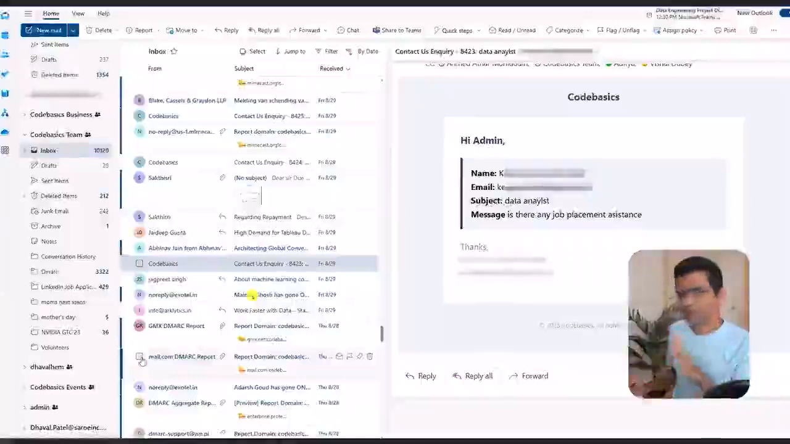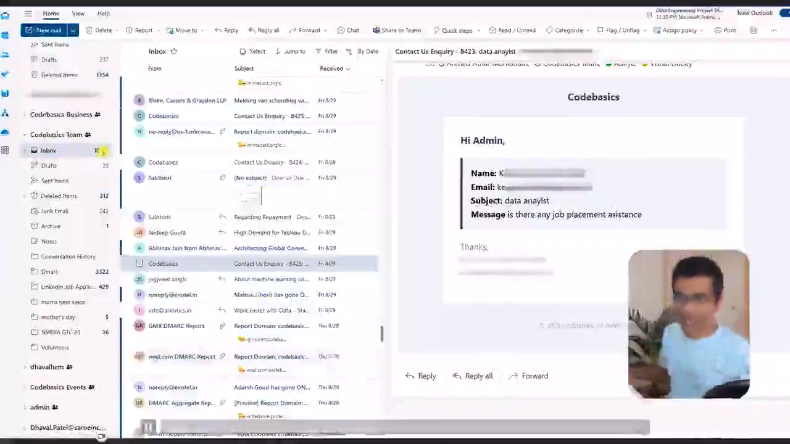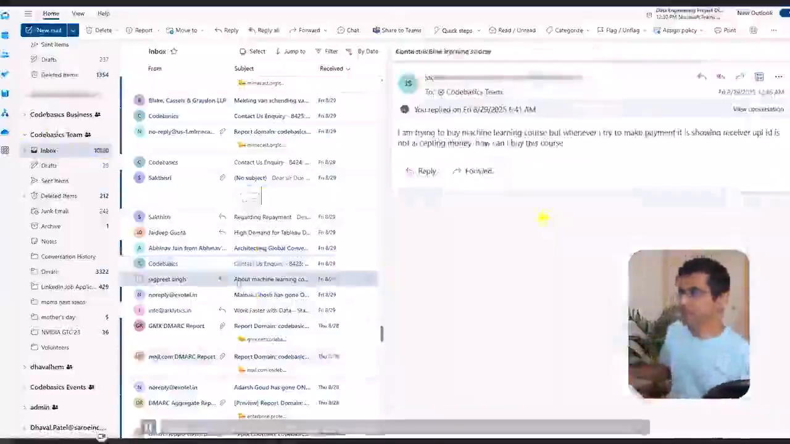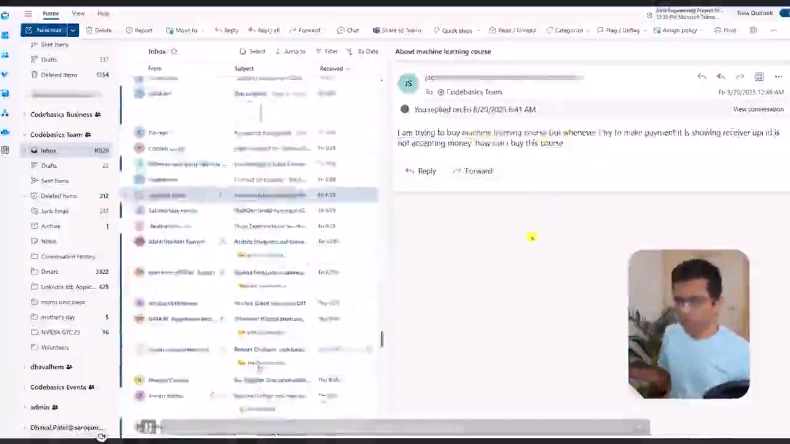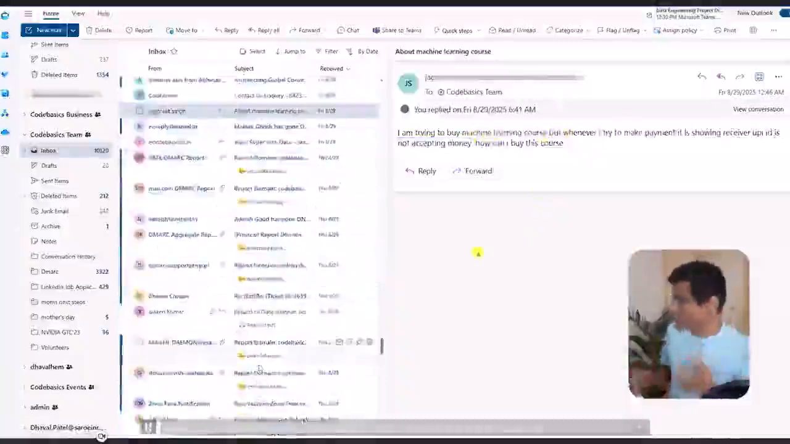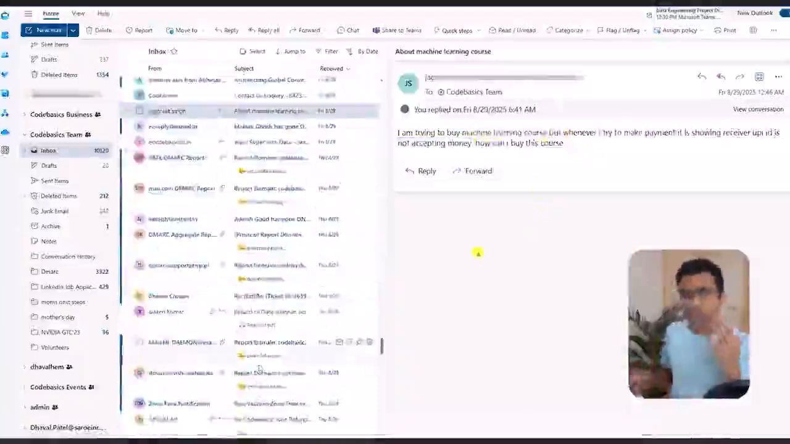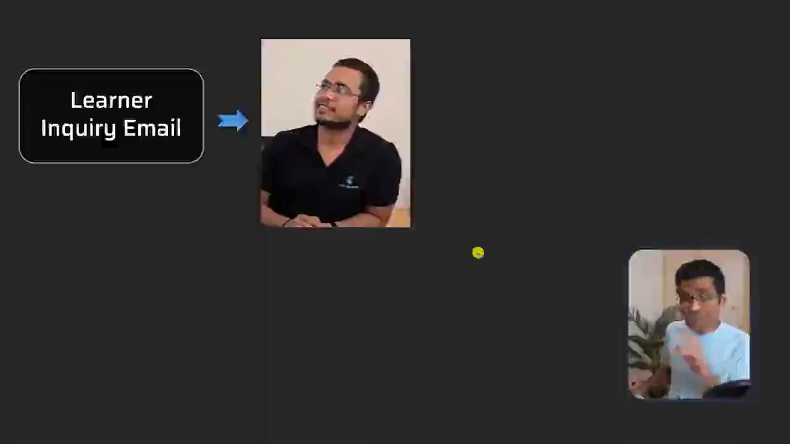We obviously get a lot of emails, and I'm showing you my actual email inbox. You see 10,000 emails. And we get all these emails: is there a job placement? Okay, I'm trying to buy machine learning course, but I have this question. There are tons of emails that we get, and our learner experience team or customer support team takes care of